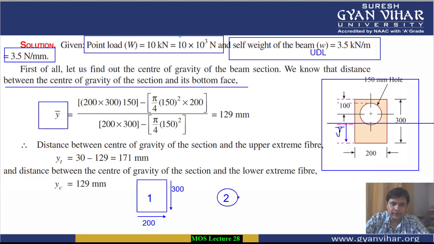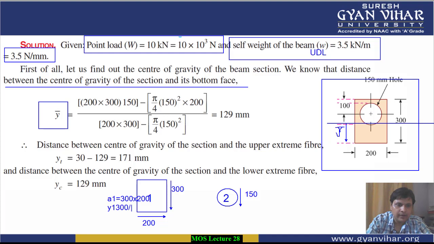Alright, now apart from that, for this particular circle, they have given you the value of diameter and the distance from the top portion, that is 100. So 150 mm is the dia, 150 mm hole. Now apart from it nothing is given. So first of all we are going to calculate y bar, and for y bar we will get a1 from this particular diagram. A1 will be equal to how much? 300 into 200, and y1 will be equal to what? Y1 from the bottom fiber to the center of gravity of this particular rectangle.